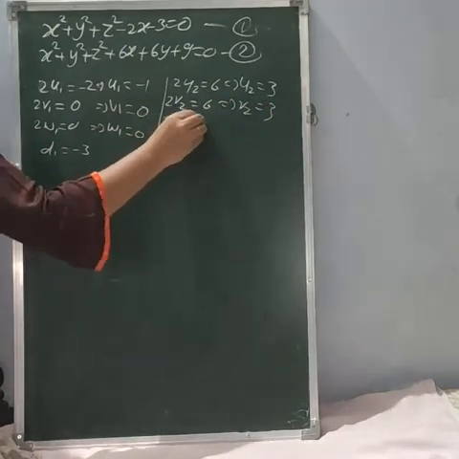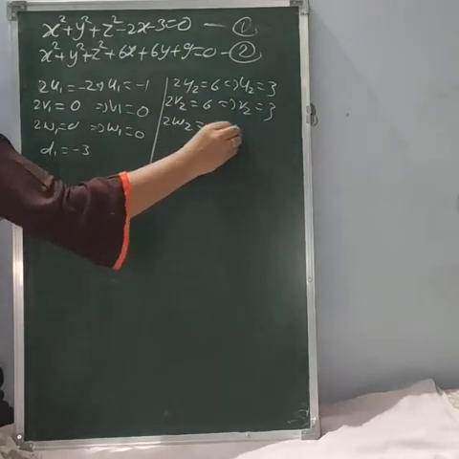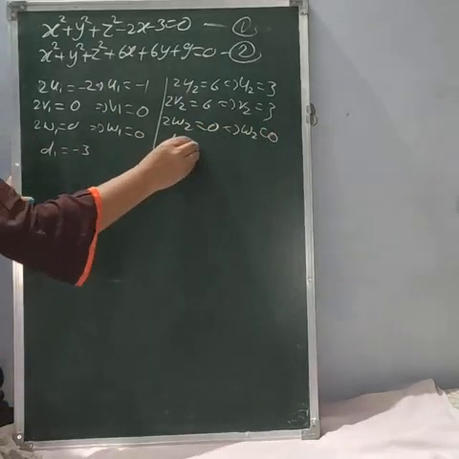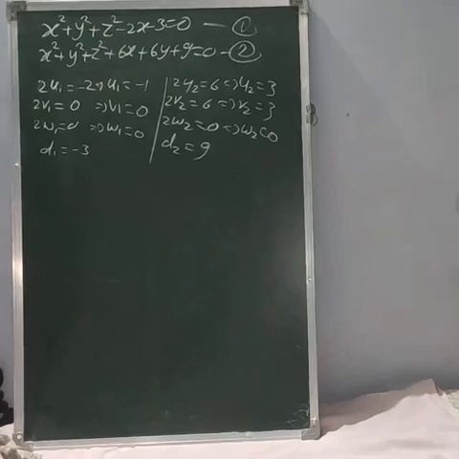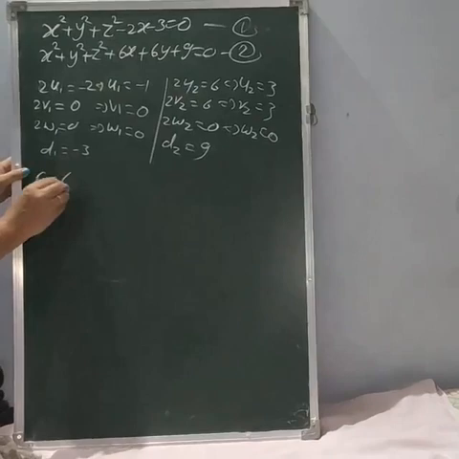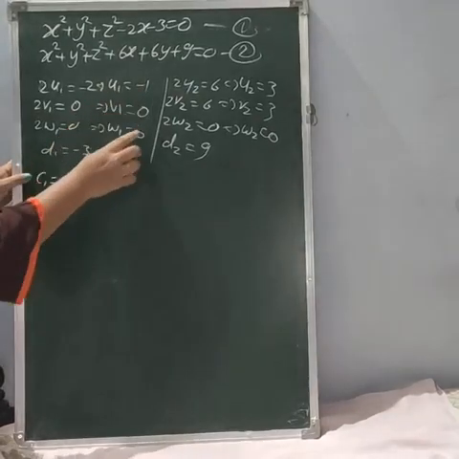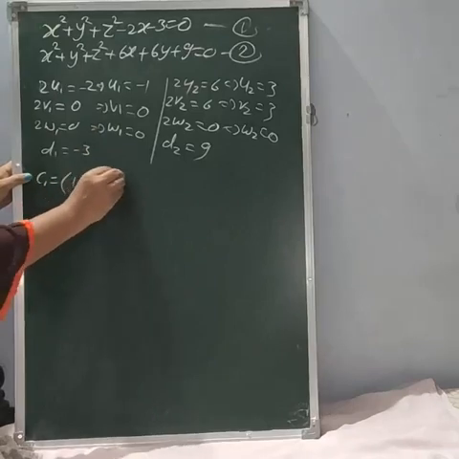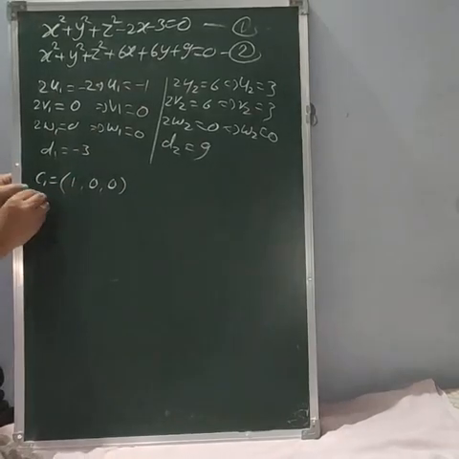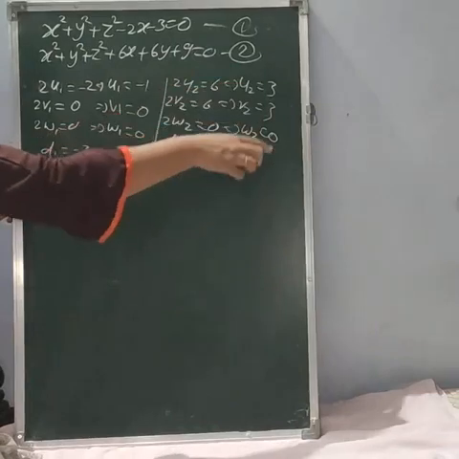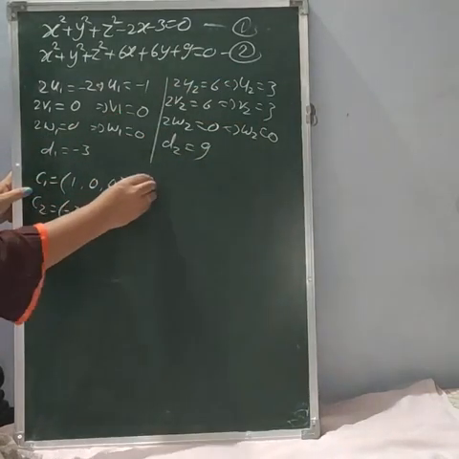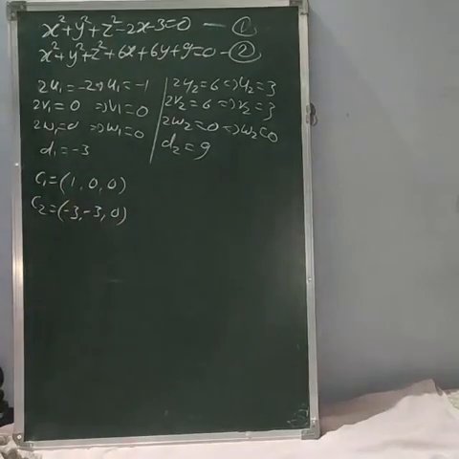And for w2, if you see here, the z term is absent, so you will get 0, so w2 is also equal to 0. Okay, and what is the value of d2 we will get? Here it is 9. So these are the values of u1, v1, w1. So what is c1? The first center we will get is minus 1. We have to change the sign, because minus u1, minus v1, minus w1. So 1, 0, 0. Next, what is center C2? You will get 3, 3, 0, so minus 3, 0.